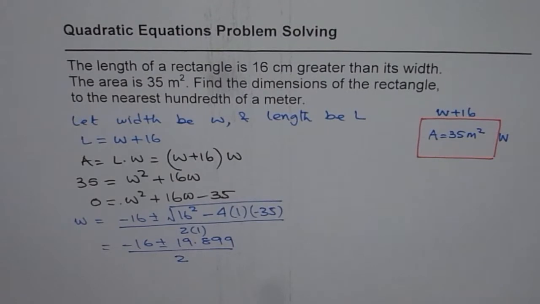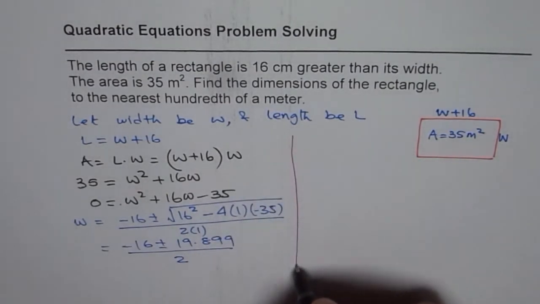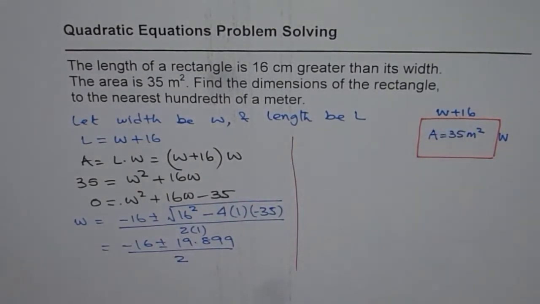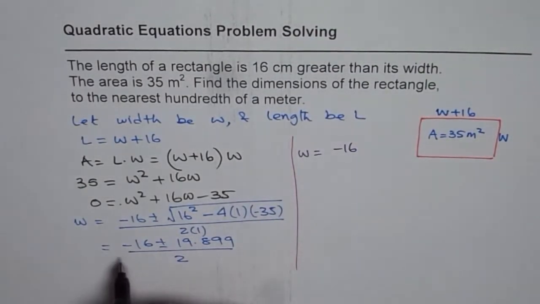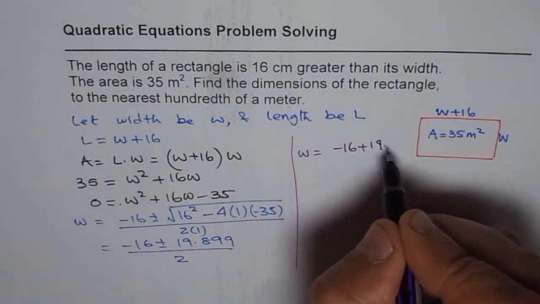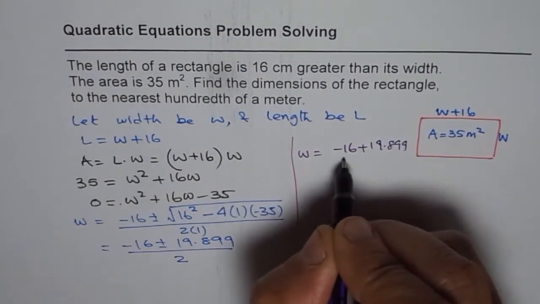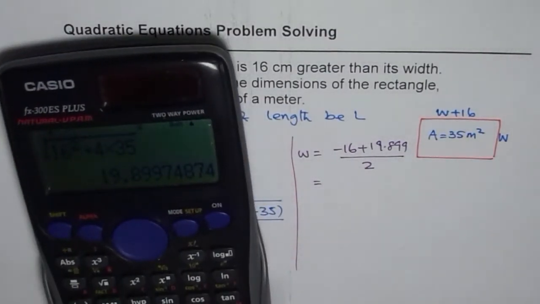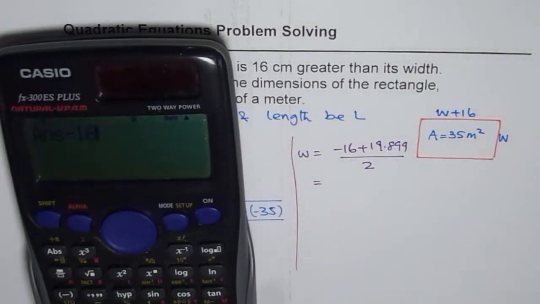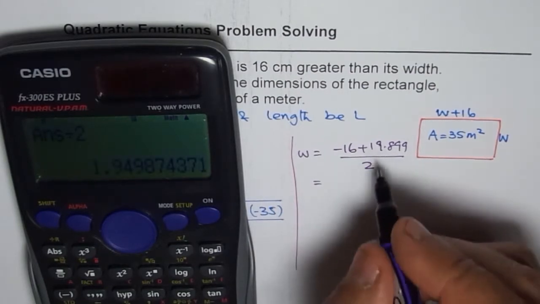Now there are two combinations here. One is we could take away 19.899, but that will result in a negative number. Now width cannot be negative, right? Therefore, we have to add. So the other option is to add. So from here, we get width as equal to the only possible solution, which is minus 16 plus 19.899 divided by 2. So let's use the calculator once again. We already have 19.899, take away 16 equals, divided by 2 equals, let's write it in decimals, which is